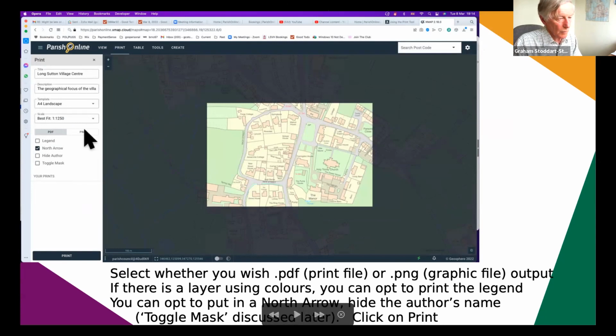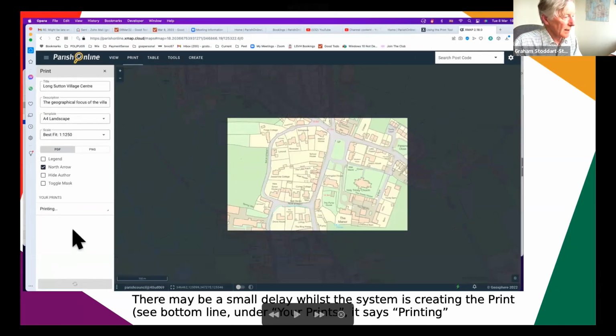So PDF is small and neat, and very controllable, printable, because it's a document format, and PNG is graphics. So when we're happy, we're going to click on print. There's a separate discussion further on in the session about toggle masks, so I haven't talked about it here. So I'm clicking on print now, and it goes off and thinks to itself, although you can't see it, there's